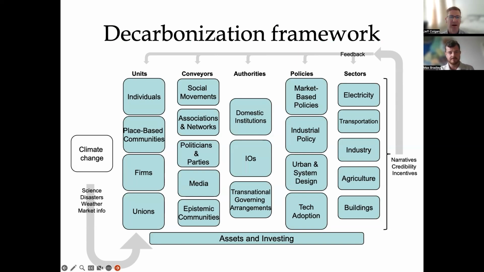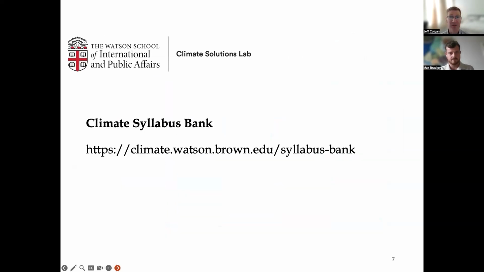Right. So the three ways that we hope you can use this are: one, as a heuristic for instructors; two, as a map for real world policies and the theories of change that are associated with them; and third, as a pedagogical tool to get students involved in thinking about their own theories of change. And if you're interested in the research that underlies this whole approach and maybe some of the readings that you might want to assign with any of the 22 boxes in the map, you can look at a paper that